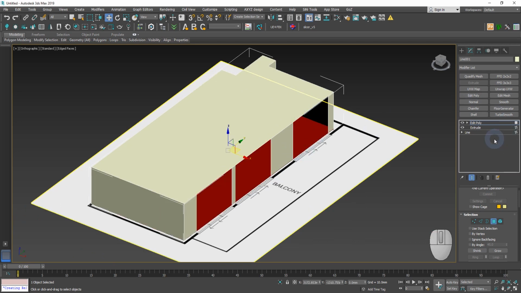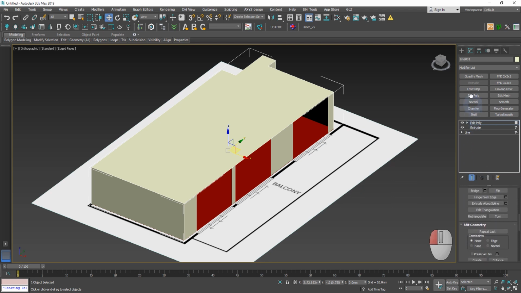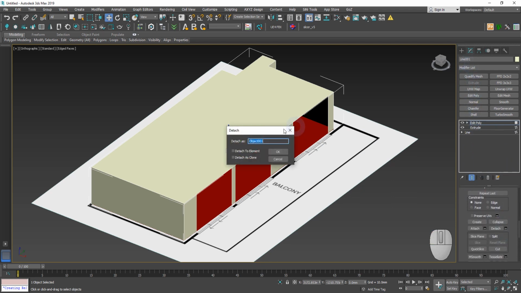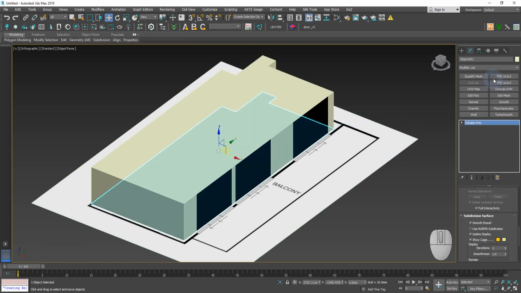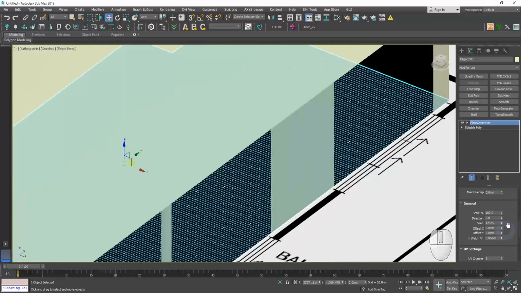Choose the lower polygon. Go down and click on Detach. Here we choose Detach as Clone. Select the disconnected polygon and assign Floor Generator. Settings will be the following.